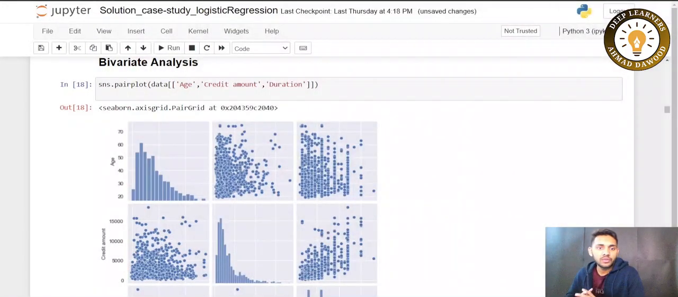First of all, we will have a look at the pair plot, sns.pairplot, and as we have just three continuous variables, we will look at these continuous variables. Keep in mind that here we have a categorical target variable. In the last sessions, we usually used pair plot to find the relation between the target